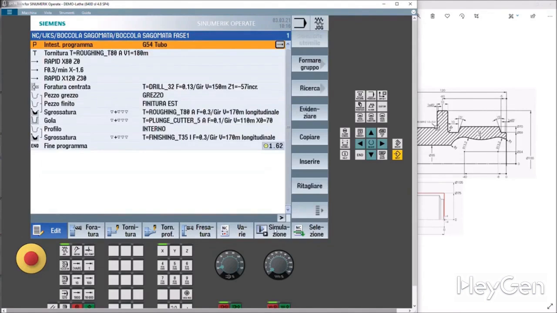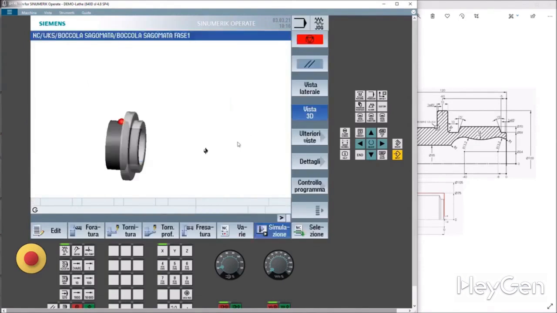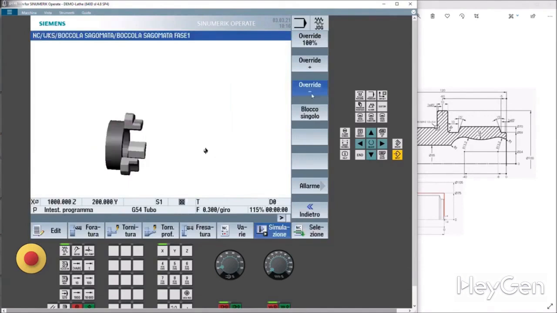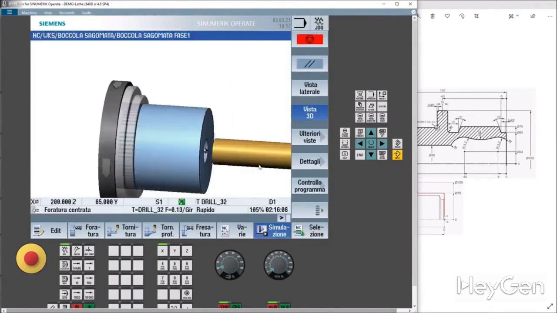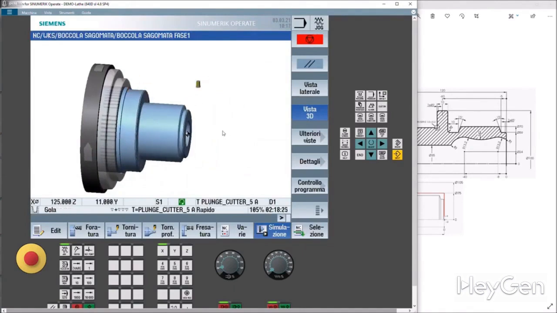So let's see what happens at this stage of the simulation. Let's see if it triggers an alarm. You see that it no longer triggers an alarm.